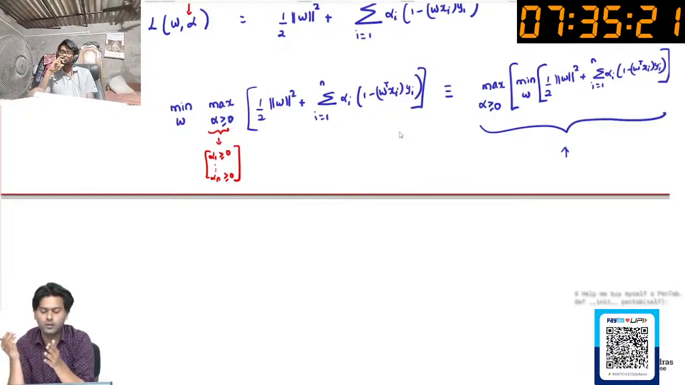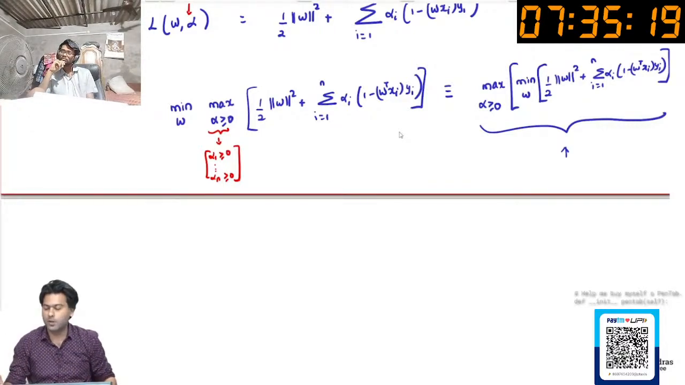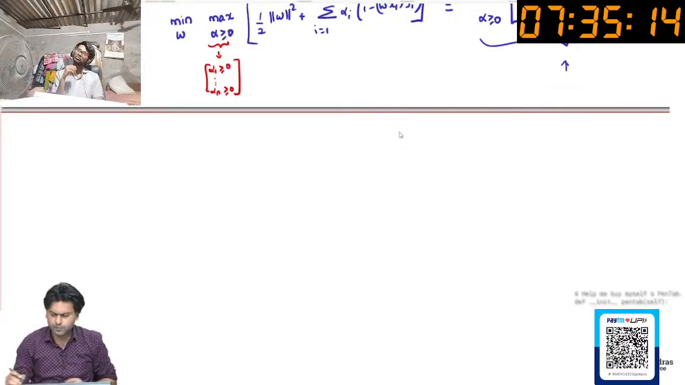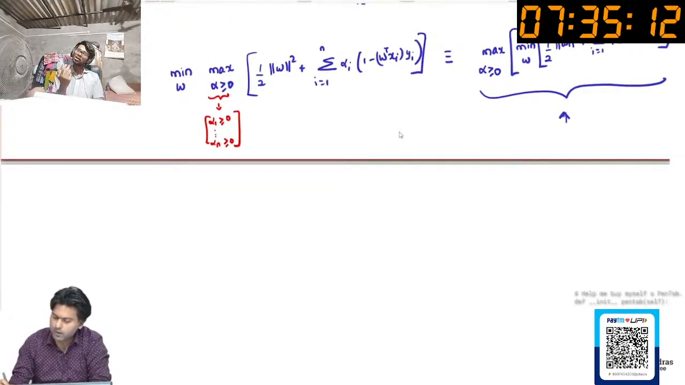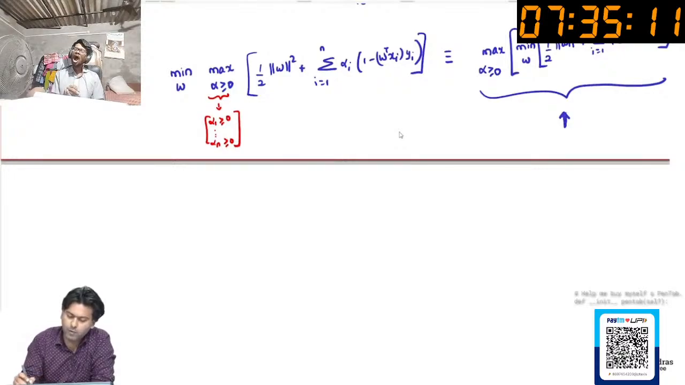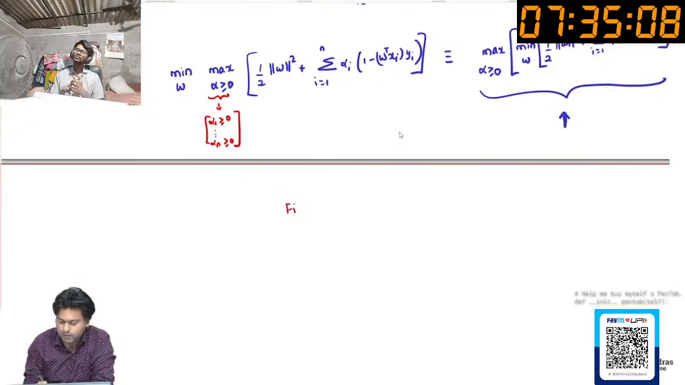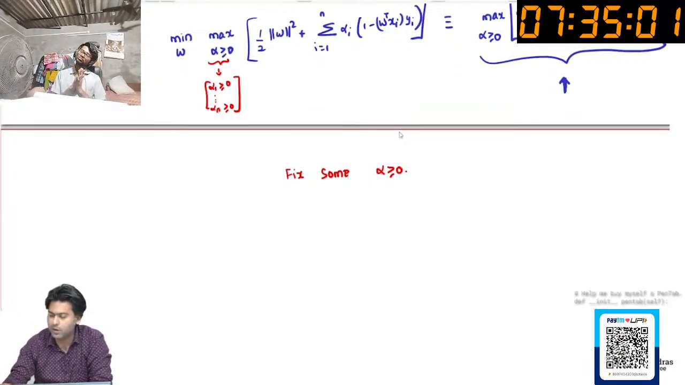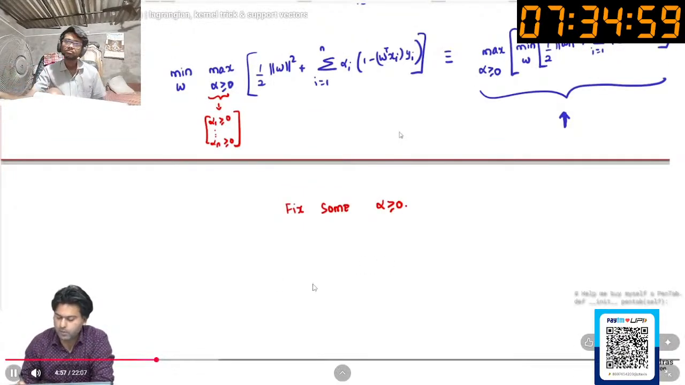I can do that, right? So let's try that for this particular problem and see what happens. What I'm trying to do is solve the right hand side problem. To understand the right hand side problem, let's fix some alpha greater than or equal to 0, an arbitrary alpha greater than or equal to 0, and then ask the question, well, maybe